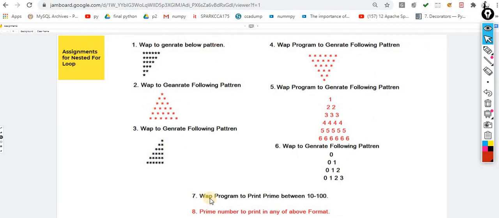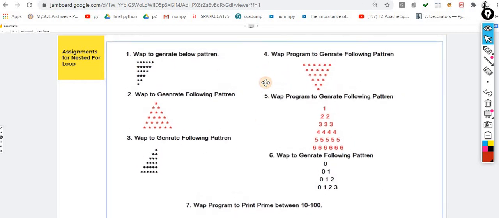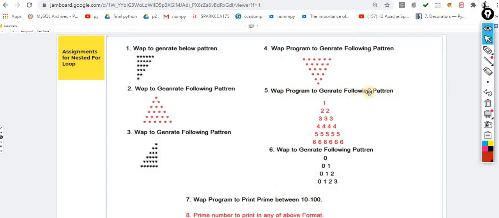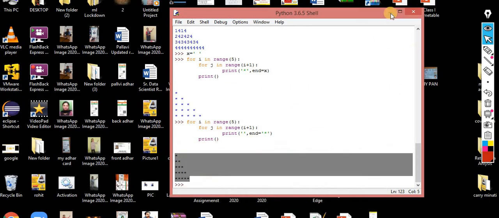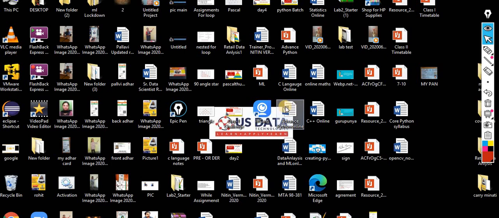Okay, these are the assignments that you have to follow. First, try to cover all of these, and after that, what you have to do? There is one more assignment. After completion of all these assignments, you have to